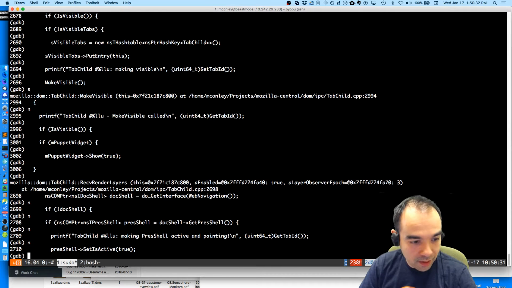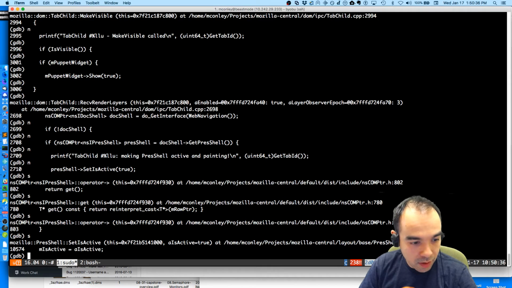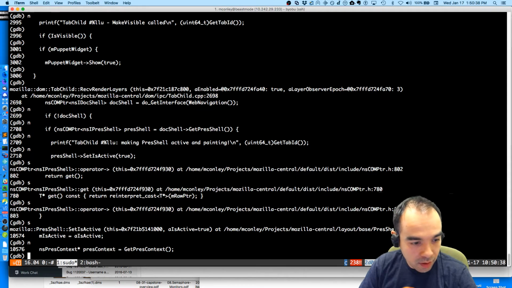We set is active to true. So the pres shell at this memory address had its doc shell set to true.